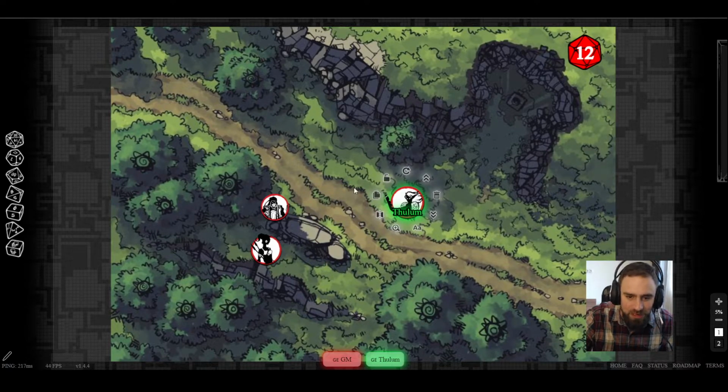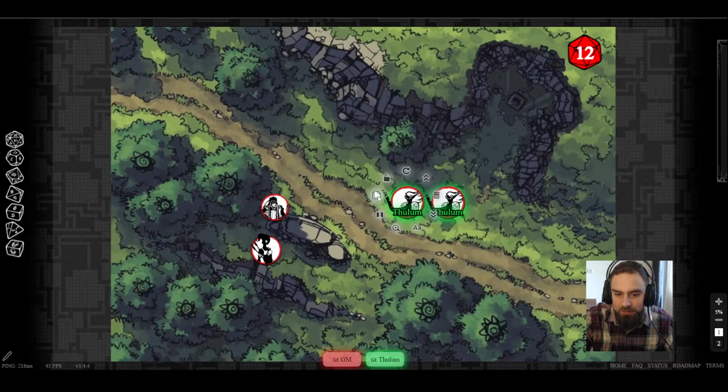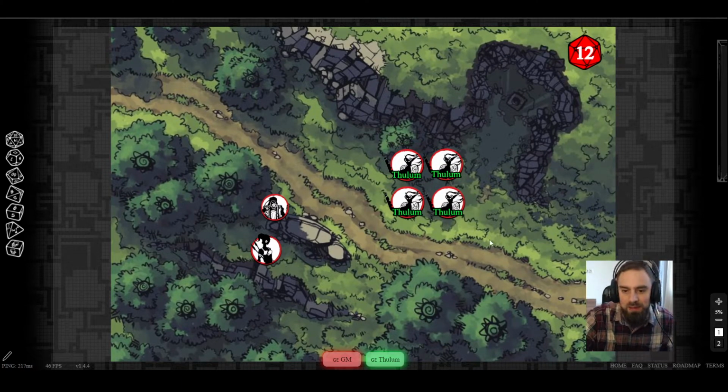The next one is our copy. If I click this, it's going to make a clone of Thulam, which can be useful if you're summoning some imps and the GM drops a little imp on the screen. You can then make a copy and duplicate however many imps there are. I can also click and drag our group and click that same copy button, and we're going to create even more copies. So now there's 4 clones of Thulam, and if a monster destroys one, that brings us to our next